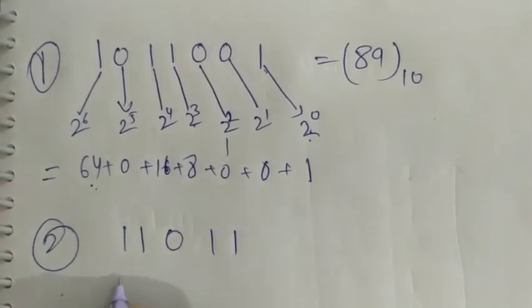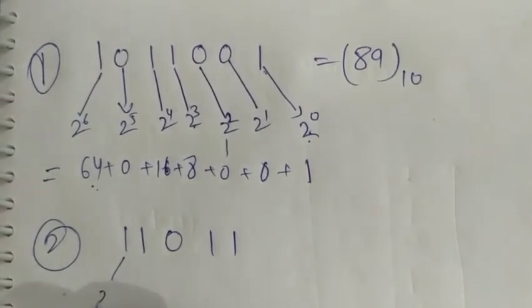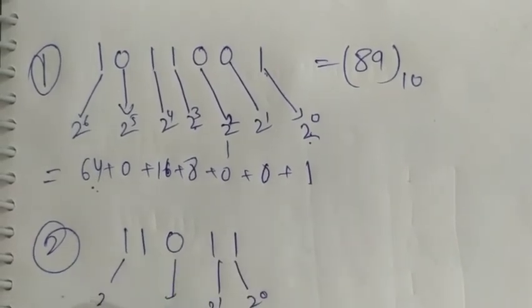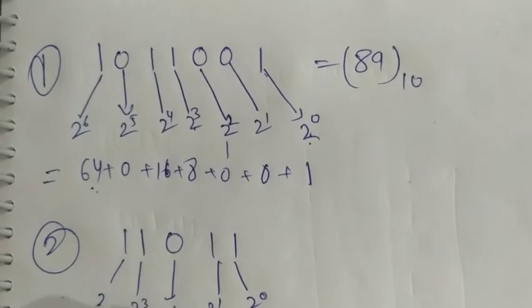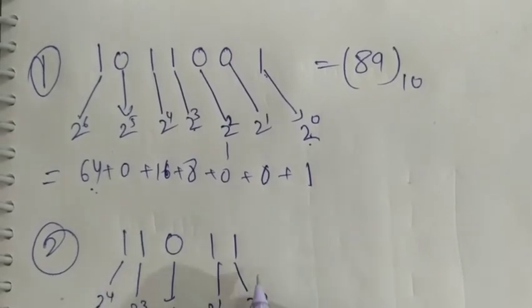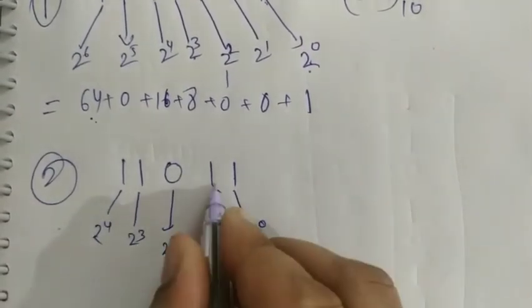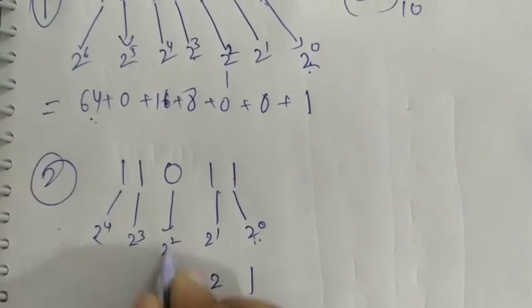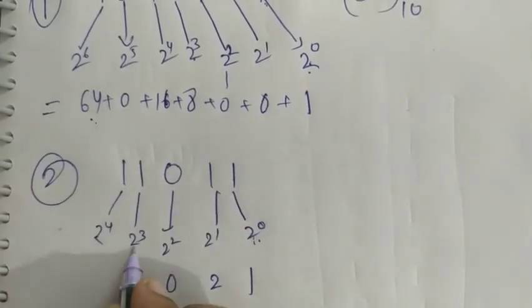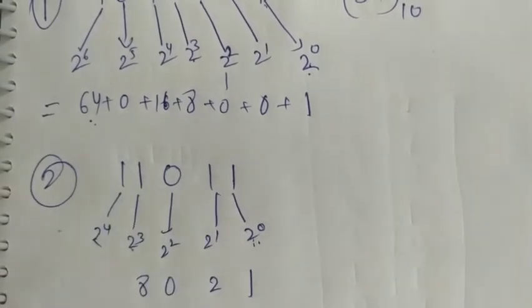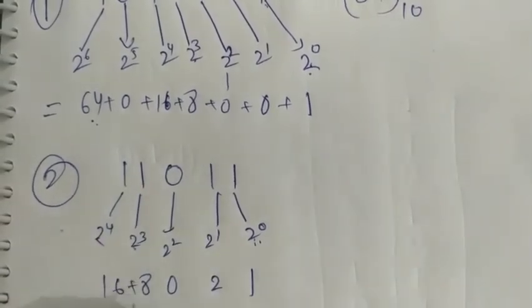Convert it also. I will get 2 raised to power 0, 2 raised to power 1, 2 raised to power 2, 2 raised to power 3 and 2 raised to power 4. It means that multiplying both of them I will get 1 into 1 is 1, 2 into 1 is 2, 4 into 0 is 0, 8 into 1 is 8 and that is 16. So adding all of this I will get,